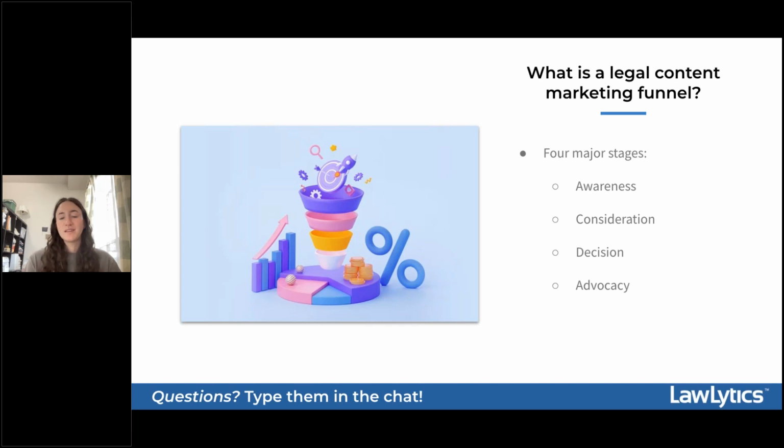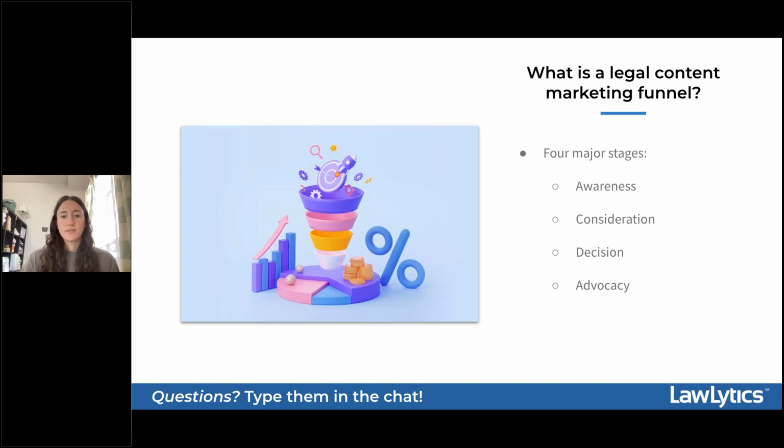Pieces of content in the evaluation stage should discuss specific issues that the targeted audience faces as a result of their legal matter. Content like this could look like blogs, case studies, your attorney bio, or an about the firm page, as well as client testimonials, all designed to ultimately demonstrate your skills, your expertise, and experience in your areas of practice. And ultimately, you should be showing how and why you are the best attorney for their legal problem, and that you are competent and trustworthy.